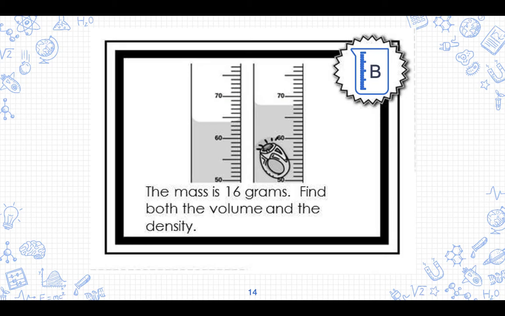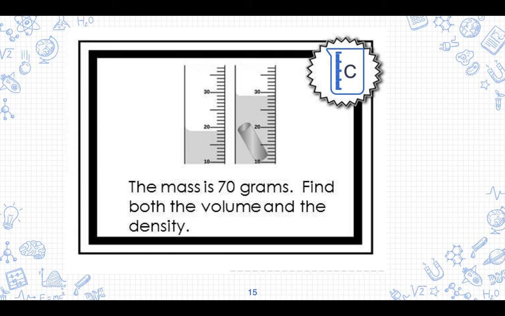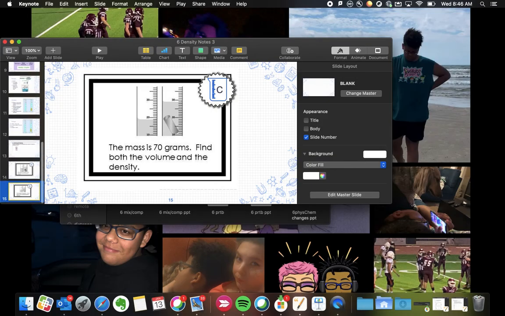Then on this one, again, mass divided by volume. So I have 16 grams. My volume is going to be 4 because it went up by 4 milliliters. So 16 divided by 4 gives me 4 grams per milliliter. Okay, so